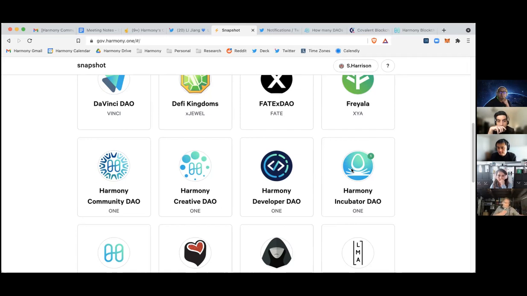But if these investment funds just want to get exposure to the projects on Harmony, the incubator DAO is a great way, because they're going to be running effectively demo days every quarter, right? They're going to be bringing on these organizations, these projects that have enough traction, that have enough interest and need external financing to push them to the next level. And they'll be hosting those. That's a great place for those investors to go.